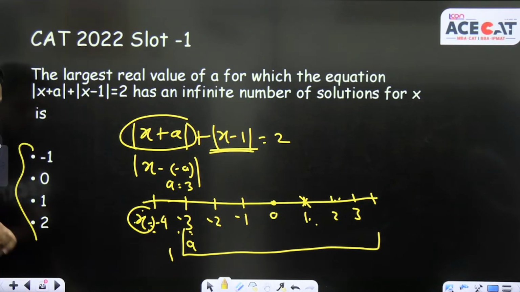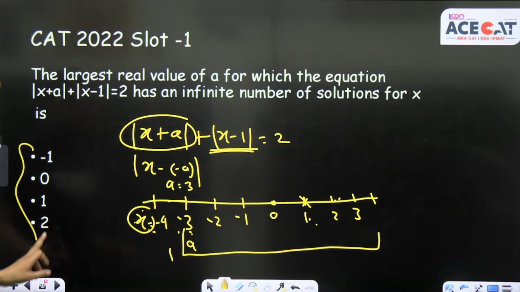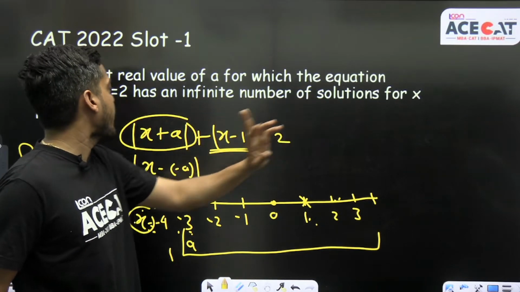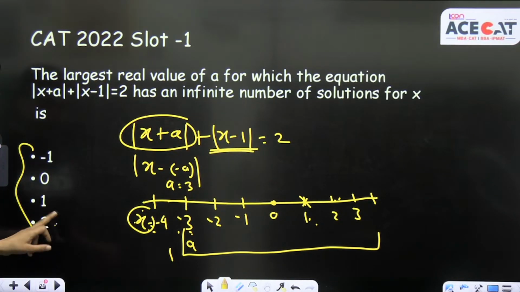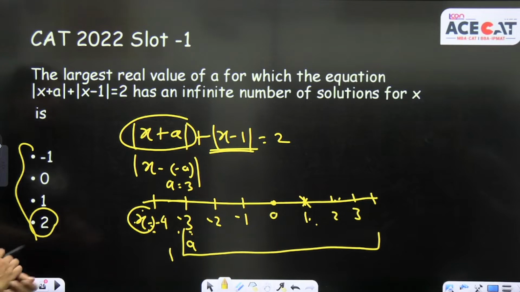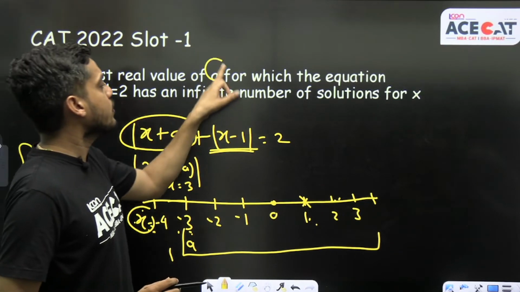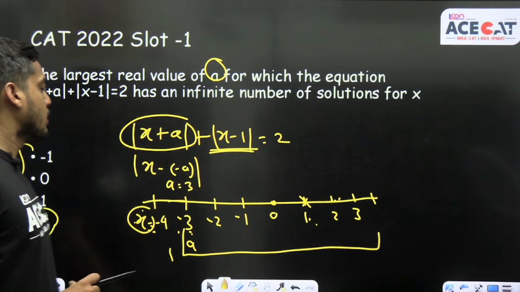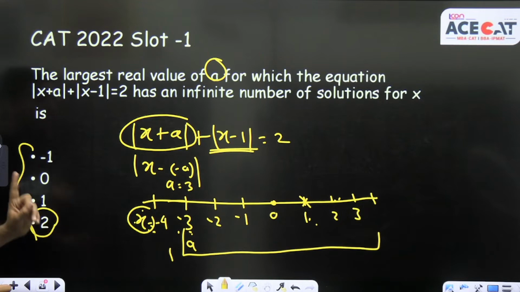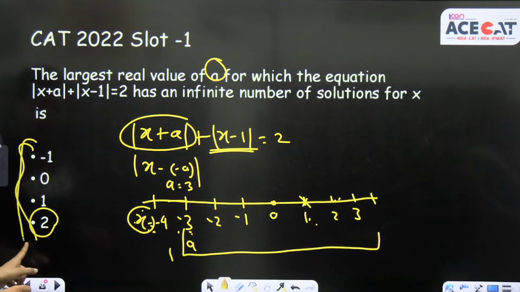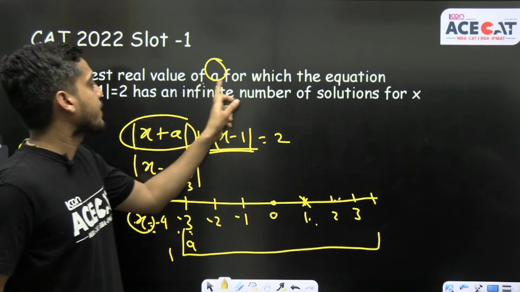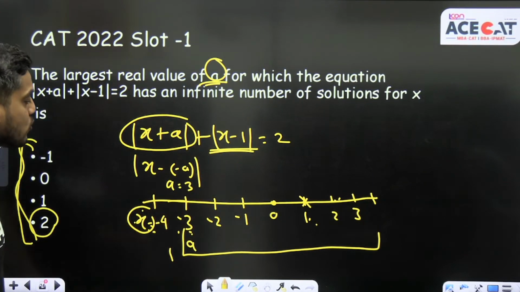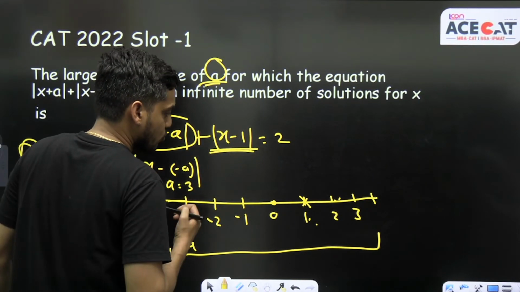Students, if I go through the options, if I take a equal to 2, does x have an infinite number of solutions? The question asks for the largest real value of a for which the equation has an infinite number of solutions for x. Now students, the correct option will give the largest possible value for a. So if I take a equal to 2, beta,